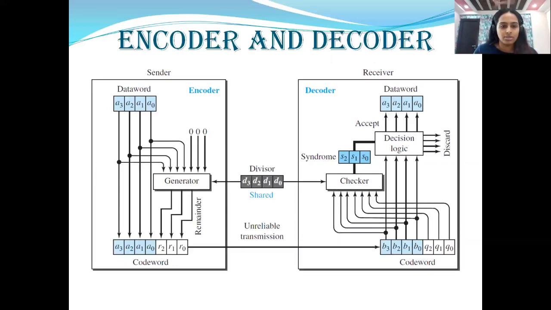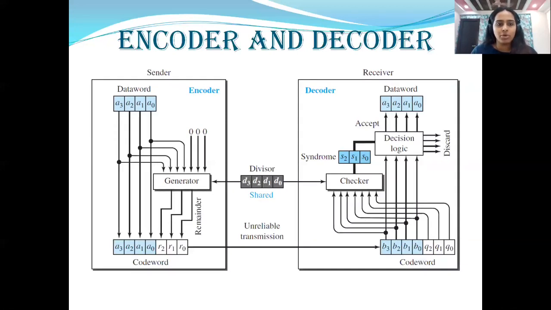After the zeros are added, the generator performs a division, which we call modulo 2 division, which will be explained later. You take the data word with zeros added and divide it by the divisor. Here, the divisor is a very important point. The divisor is some kind of pattern that you will ask the user to provide. The divisor remains the same for the sender and the receiver. How do you select the divisor? The divisor is some kind of universal pattern. It's a unique pattern, and only the encoder and the decoder will be able to access this pattern.